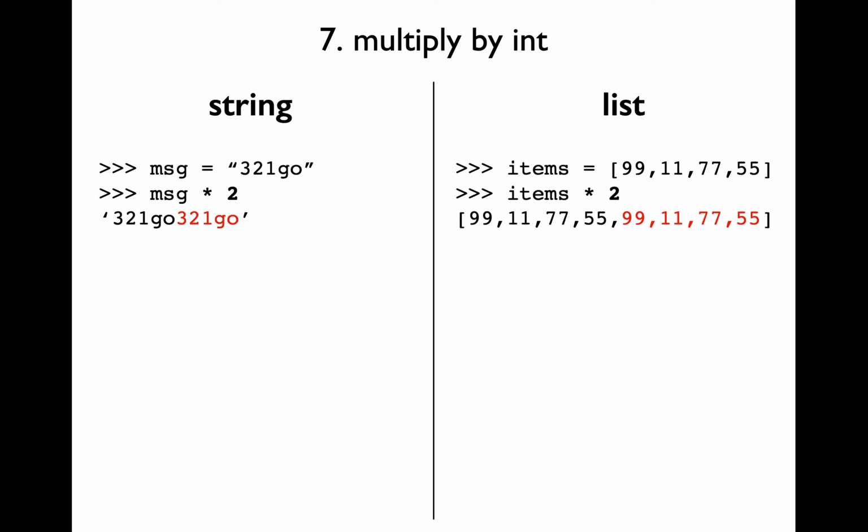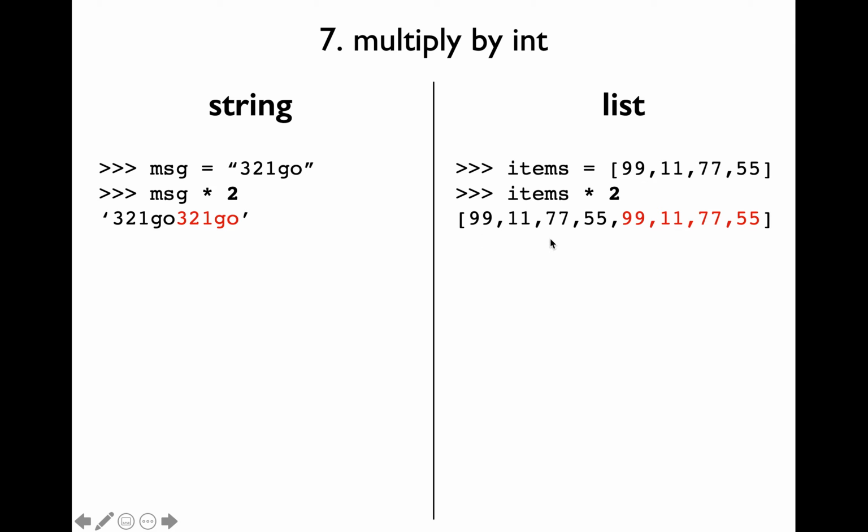This is going to be very different from what you've learned in vector algebra. When you say items into 2 in vector algebra, that means that you're going to multiply every item by the value of 2. Python is going to behave very differently. You can remember what will happen when you multiply a list sequence by an integer by remembering that when you multiply a string sequence by an integer, you replicate that string, because it doesn't make any sense for you to multiply each of the characters in the string by that particular value.